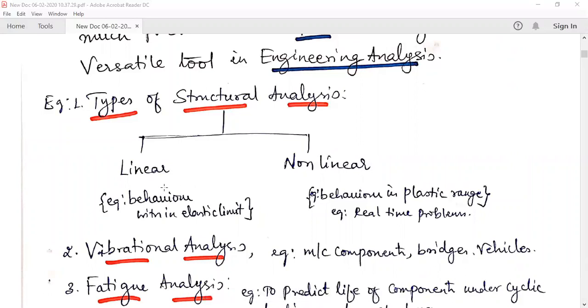To give an example of linear structural analysis, most of the problems we dealt with in our UG courses come under the purview of linear structural analysis, linear analysis within the elastic limit. The behavior of the component is considered as linear. In case of the plastic range, it is called non-linear analysis. Most of the real-time problems do come with non-linear properties. You cannot predict too much. Typically geometric non-linearity can be seen. Material non-linearity can be seen in elastomers and viscoelastic materials. Contact problems in cams and followers, gear problems, have this typical non-linear stress behavior.